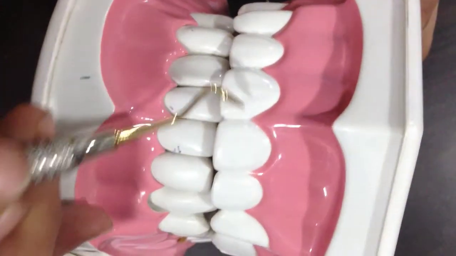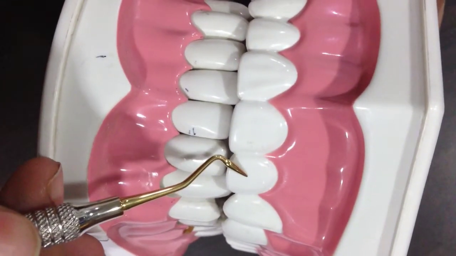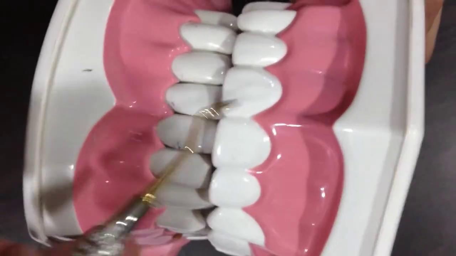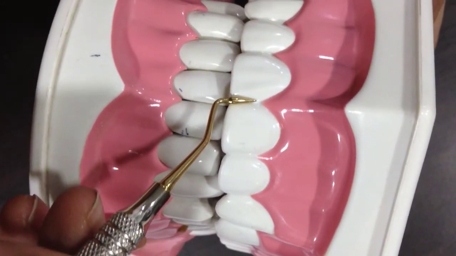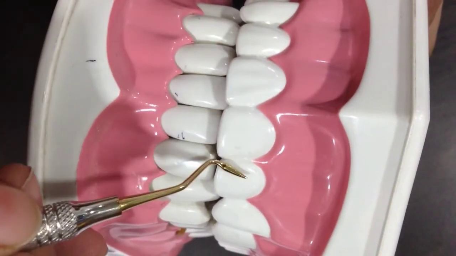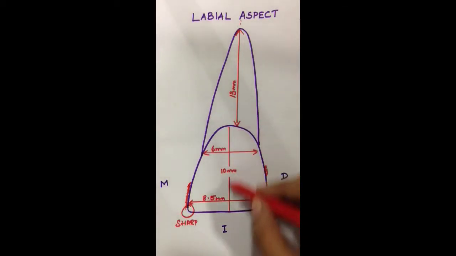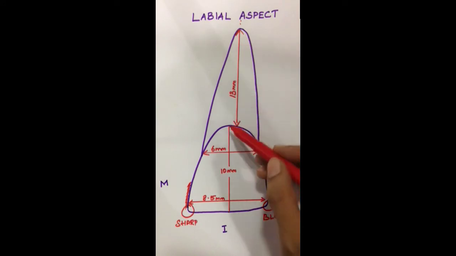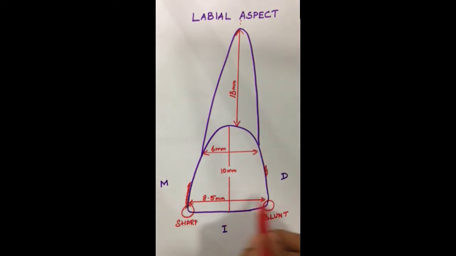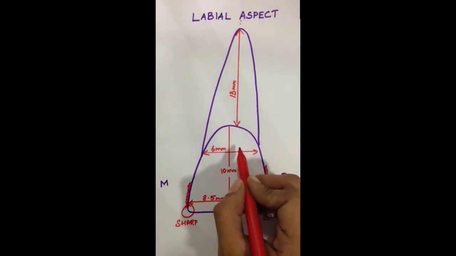The maxillary incisors are 4 in number, with the central incisor placed on either side of the midline. The chief function of the maxillary incisors is cutting and shearing. From the labial aspect, the length of the crown is 10 mm and the length of the root is 13 mm. The mesiodistal width of the crown is 8.5 mm at the broadest area, and towards the cervical line it